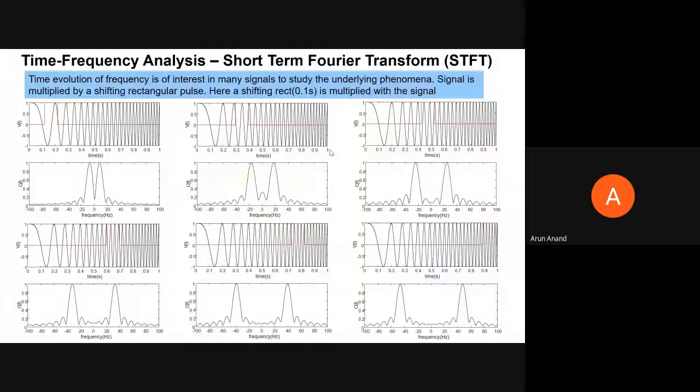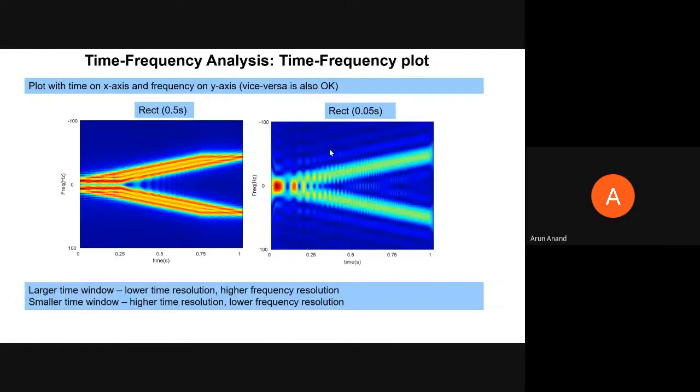Sir. So I'll go ahead a little bit fast. This is the time frequency analysis. Here there are two things. The first thing, I am using a big rectangular window. If I am using a big rectangular window, then your time resolution is lower, right? The size of your rectangular window is large, so you are taking a large number of time points. So your time resolution is lower, but your frequency resolution is higher.